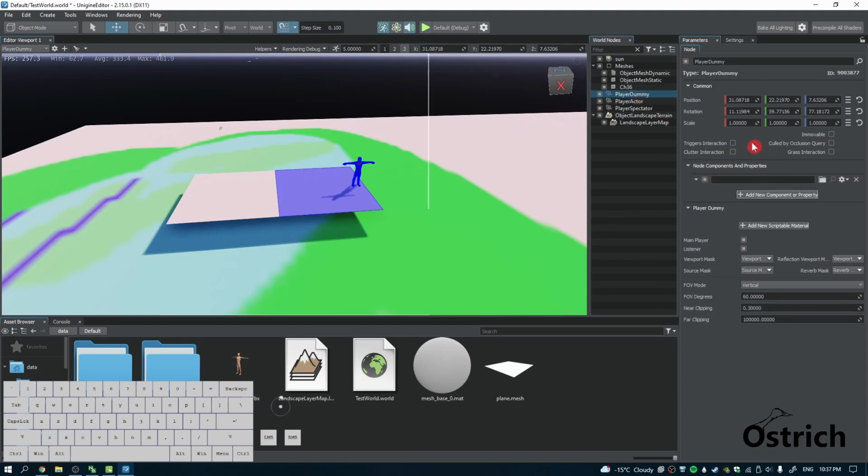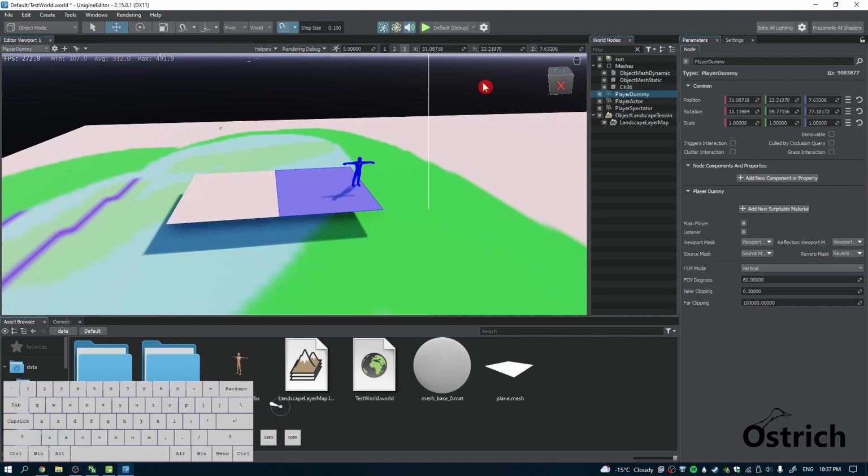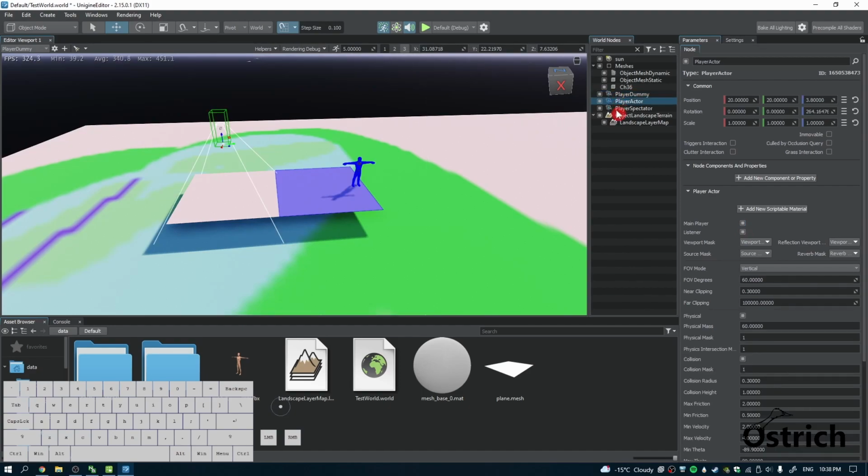You can also add scripts to it to move it around, but there's no collisions on player dummy, meaning it will always phase through objects, and we don't need that when we're playing games. Sometimes you need the camera to hit objects. So let's just remove the main player from it, and we go to the next one, which is